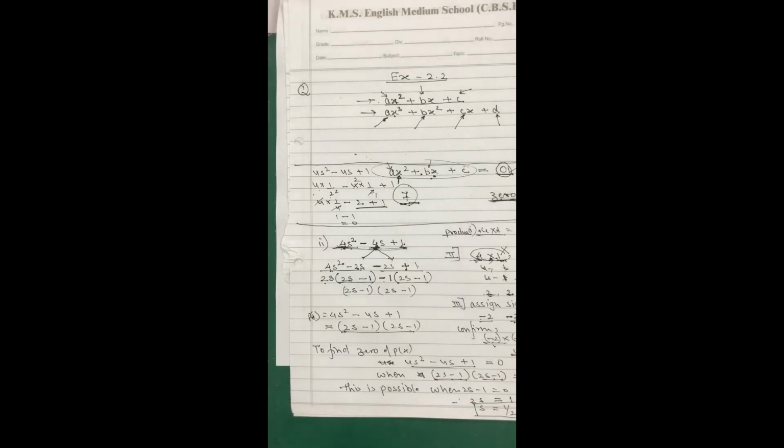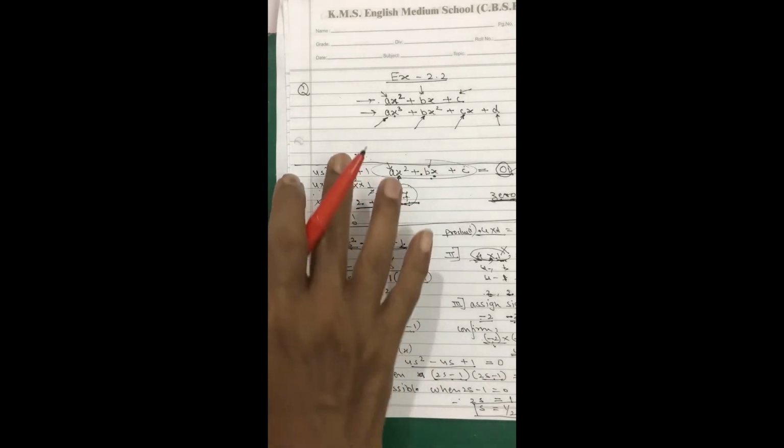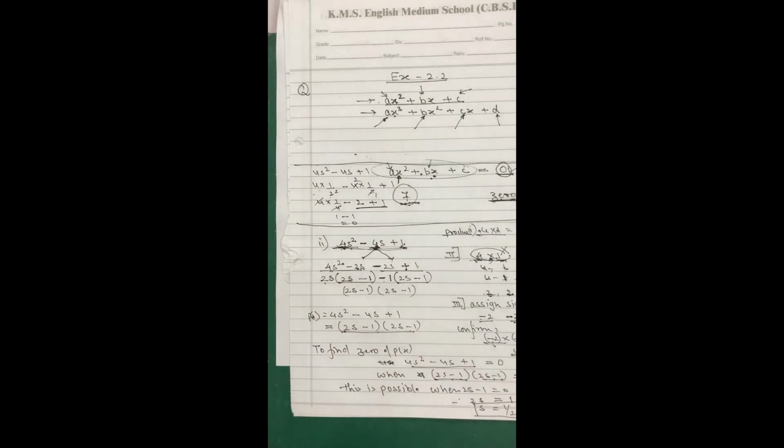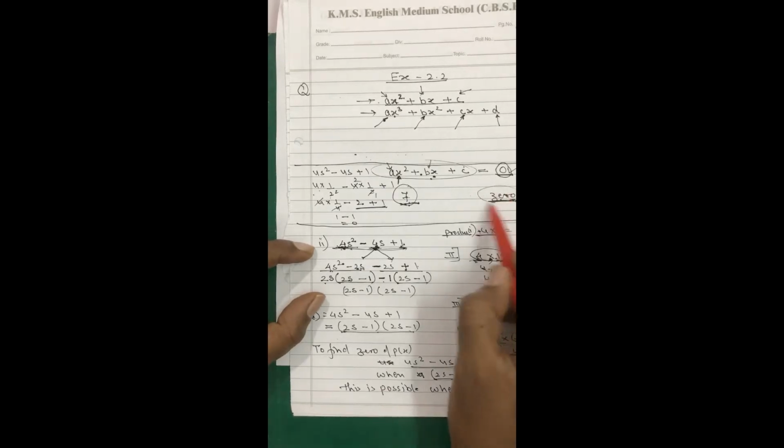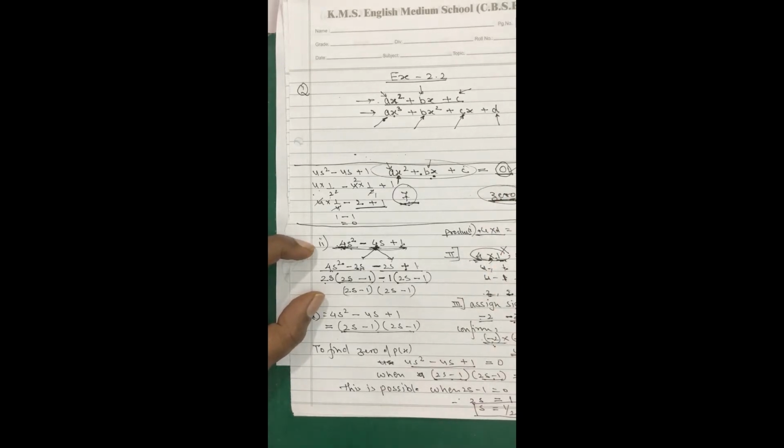If you have some other way of solving this, you can confirm this. But this is something you are not supposed to do. I am just trying to explain to you what a zero is. To find a zero means basically you are finding a number. This is s is equal to half. The actual number is half, 1 upon 2. But 1 upon 2 will be called a zero of this polynomial. Why is it called a zero of this polynomial?